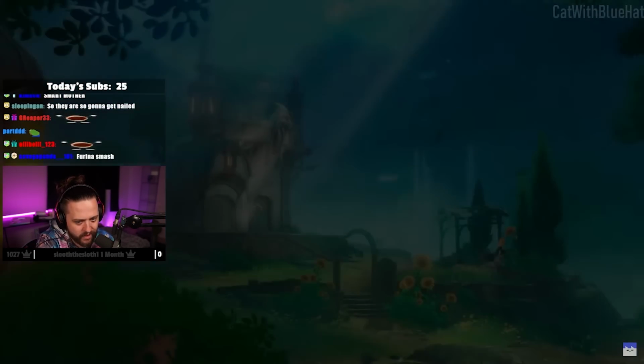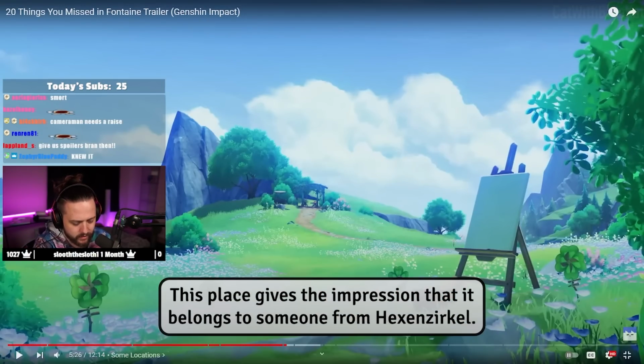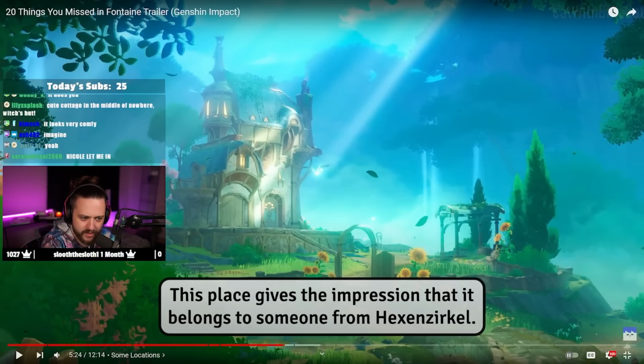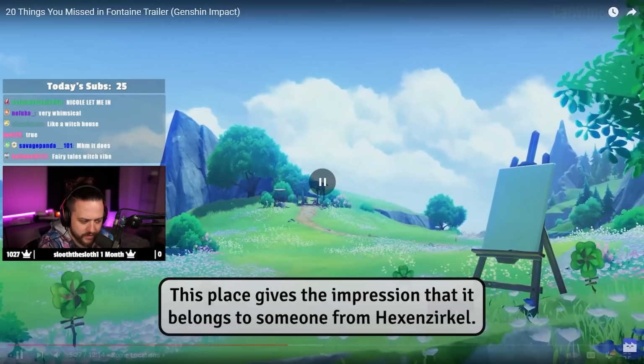Yeah, big brain theories. This place gives the impression that it belongs to someone from Hexen Circle. Hold the fuck up. Oh, I could 100% see it. It looks like a fucking Hansel and Gretel house, dude. Looks very comfy. Very cottage-like. I actually kind of love this. Yeah, that'd be cool. This place gives impressions that it belongs to some...